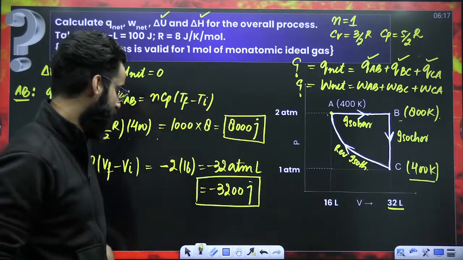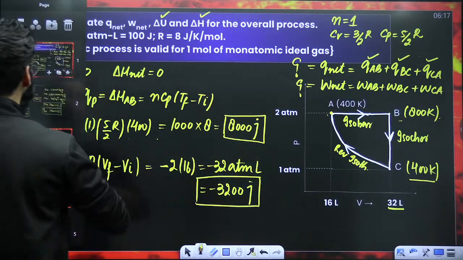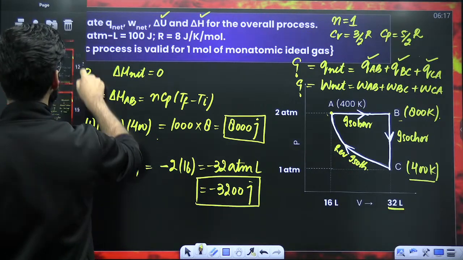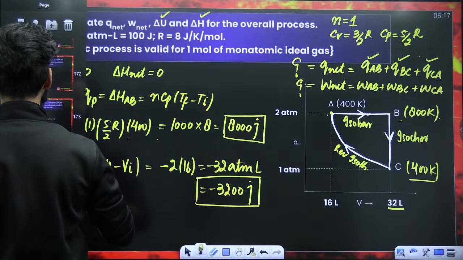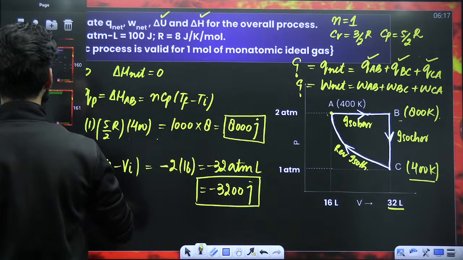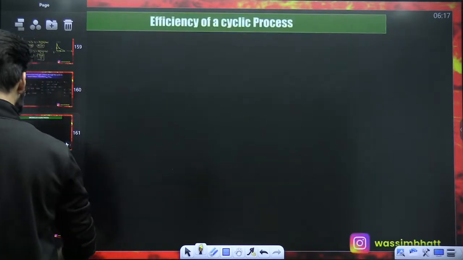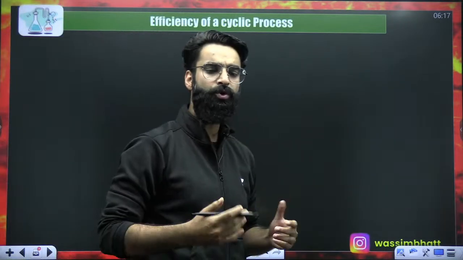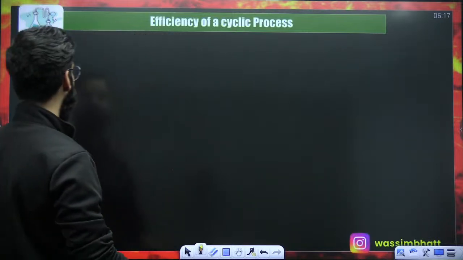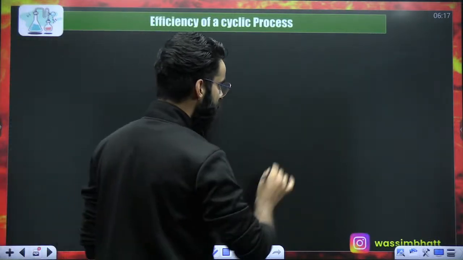Perfect, guys. Now there is one more important thing. Just a second. In cyclic process, there is one more small topic, and I would want you guys to clear that as well, right here only. That is efficiency of a cyclic process. How do we calculate the efficiency of a cyclic process? For example,